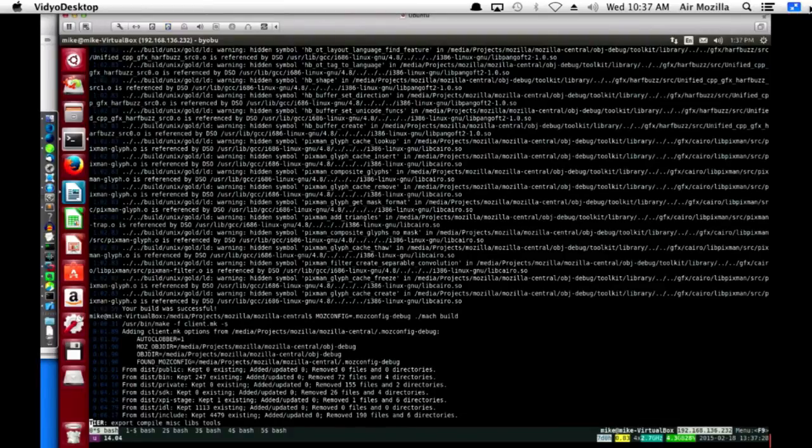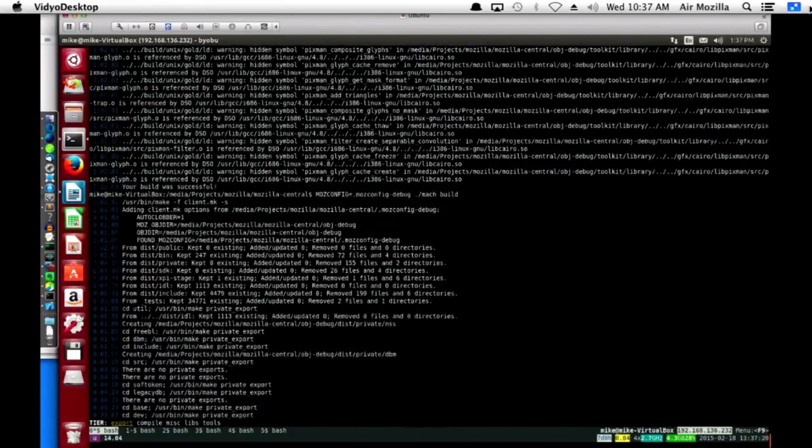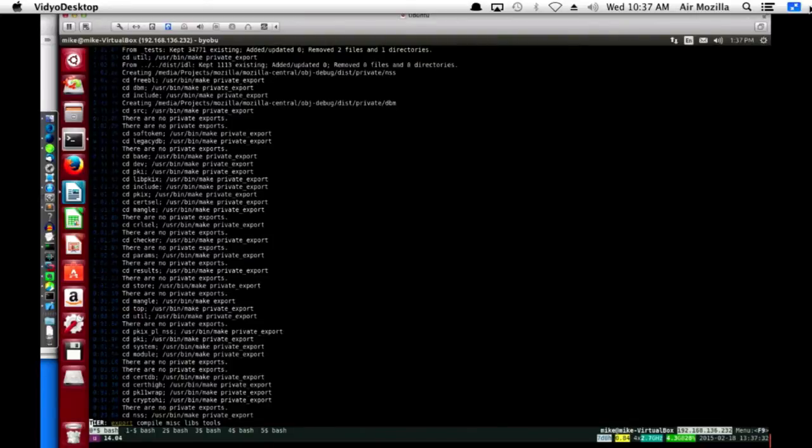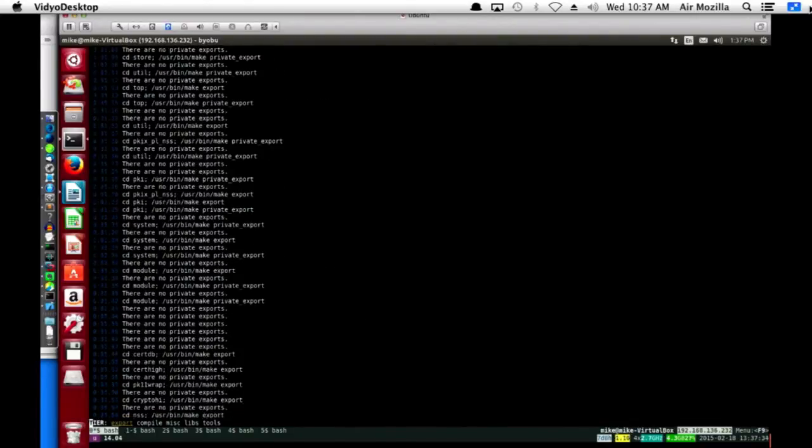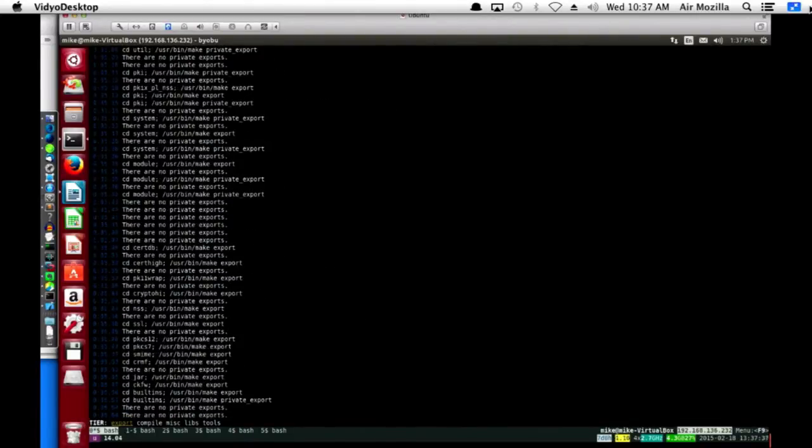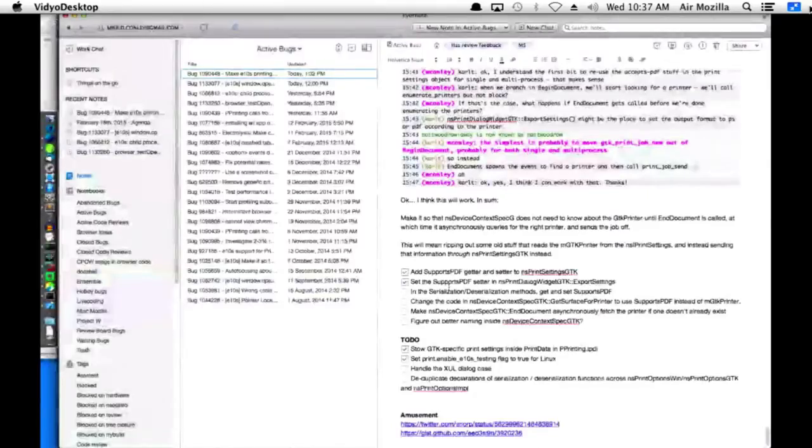But then you build the other stuff that depends on those headers, and then that will work. You have to go through failure in order to get to success. Sometimes you can sidestep that if you just do a full build. I haven't pulled or anything, so this shouldn't take too long. And in the meantime, we can keep moving forward.